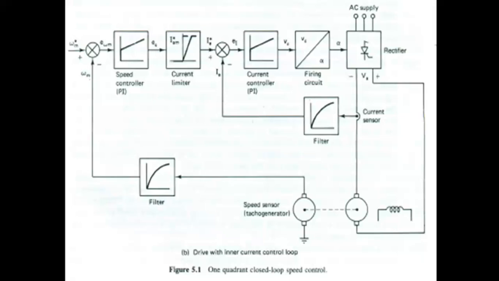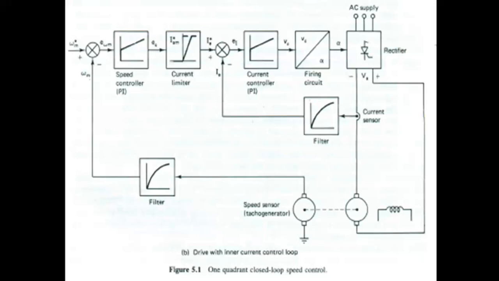produces a high current reference, IA dash. Due to the production of this large reference, the motor accelerates due to the increase in IA to correct the speed error, and finally it settles down at a new value of IA dash, which makes the motor torque and the load torque equal, and the speed error will be close to zero there.